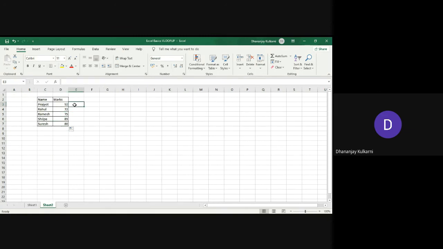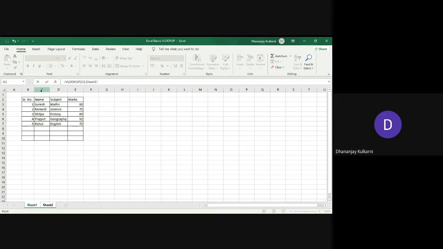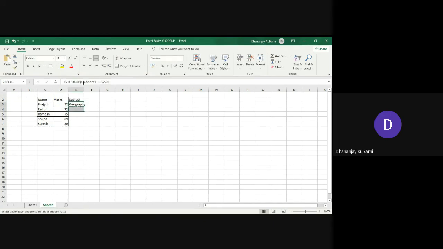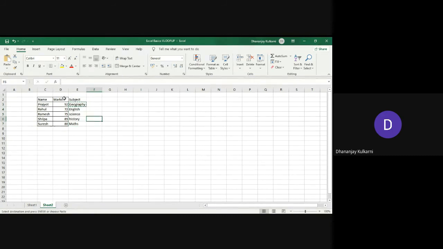And in the same way, what we can do, so marks and subject. If we want to take the subject as well, we look up what we are looking for, Jyot. So first the name we are looking for, then which is the array. So this is the array. You can select 2 also, 3 also, but let's say we have selected 3. But then the column index for the subject will be 2. Okay, then 0. So always put 0, that is the exact match. And you can see the subject, if I just copy and paste this, all the subjects against that name will come over here. Though we have checked only 5 names,